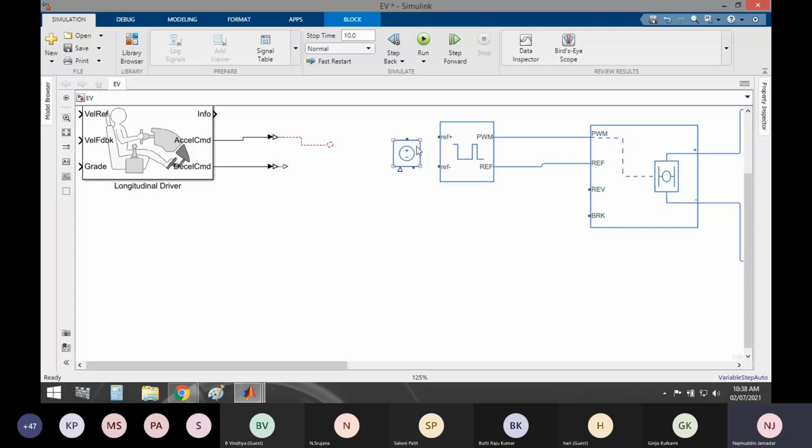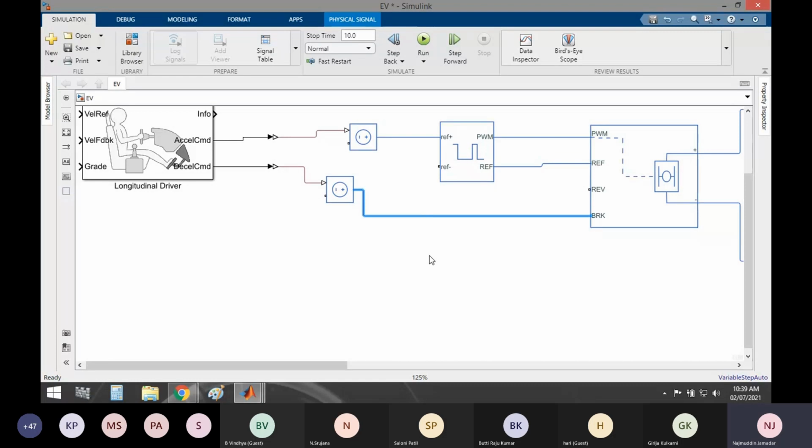You can see I needed two, because one is for acceleration and one is for brake. So I have selected two. I will just rotate it. Now I have to connect. This will act as a control signal here. Now plus and minus we have to connect. This is for acceleration, so I will connect it to reference. The other is for deceleration or braking purposes, so I will connect it directly to the brake. Here it is connected.